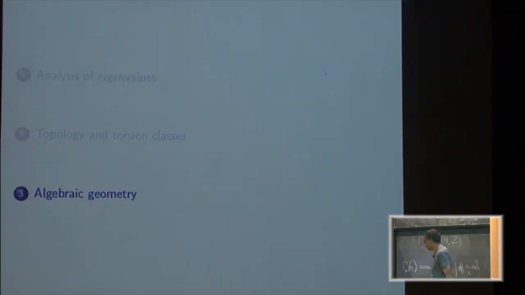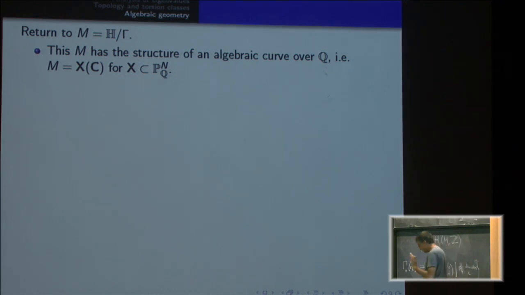So I've tried to show you things about these spaces that are quite visible, but to go a little bit deeper, you have to think about the relationship to algebraic geometry. So that's the last few minutes of the talk. So we're going to go back. I'm still going to stick to the two classes of example spaces I had. So let's go back to the modular curve, the hyperbolic plane modulo SL2 of the integers. And as I mentioned at the very start, this is a moduli space for